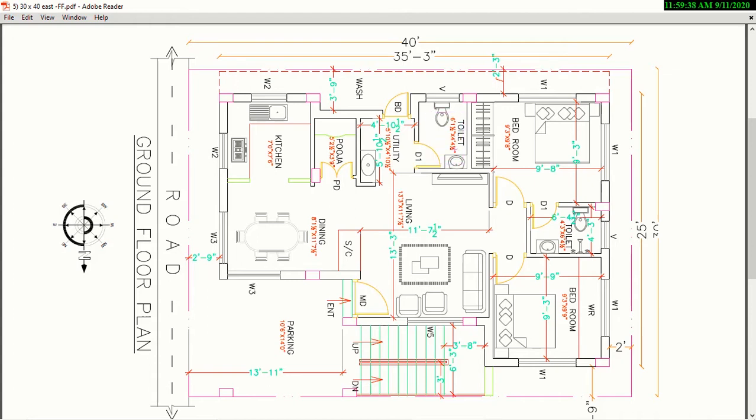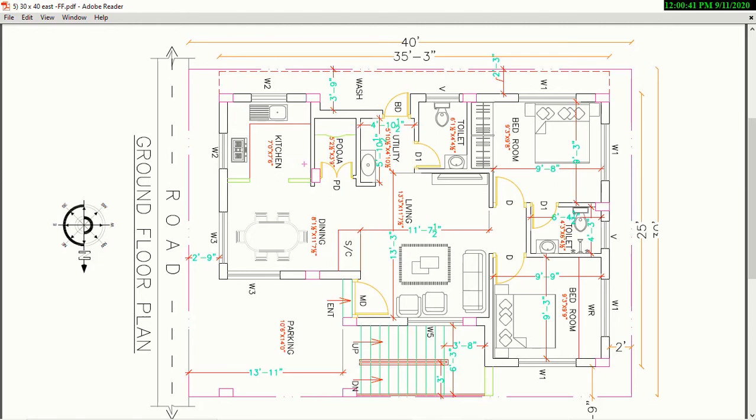Here towards the south, washing area is provided of depth 3 feet 9 inch for washing clothes, and this is puja room of size 5 feet 2.5 inch by 3 feet 9 inch.